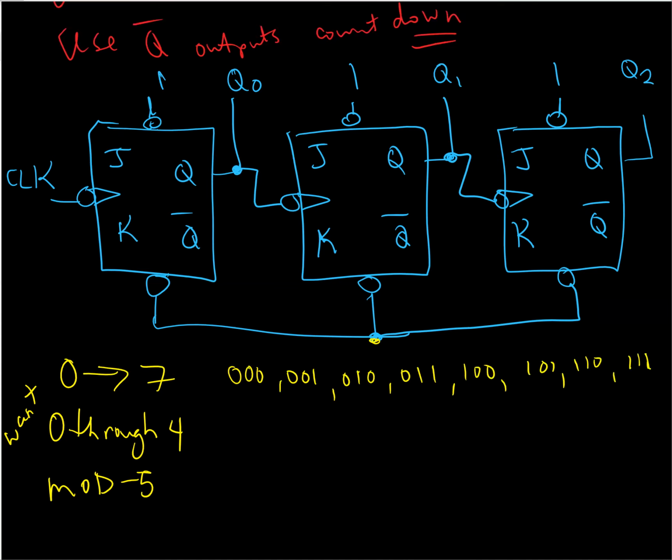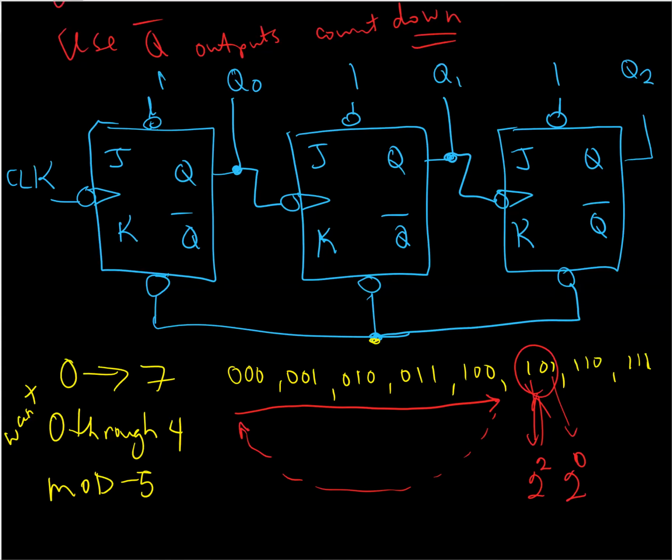But we've decided that we want it to only count 0 through 4, and then we want it to reset and go back to the beginning, right? Which means if the output hits 5, we want it to reset. Because the counter counts in sequence, this will be the first time that both the 2 to the 2 bit and the 2 to the 0 bit are equal to 1 at the same time. And so what I can do is I can tie to my reset line,